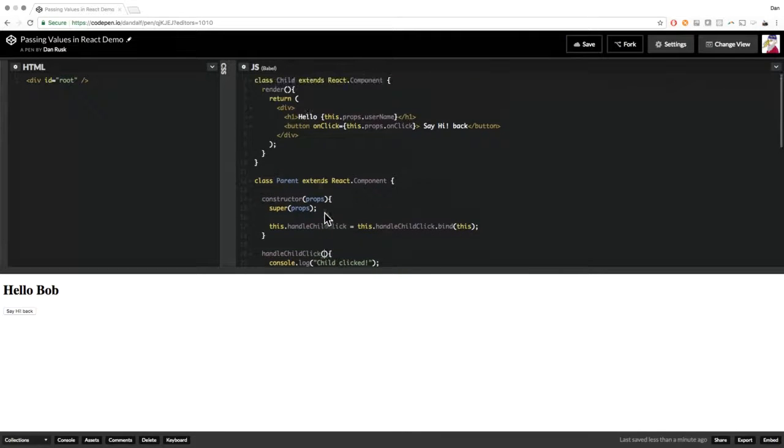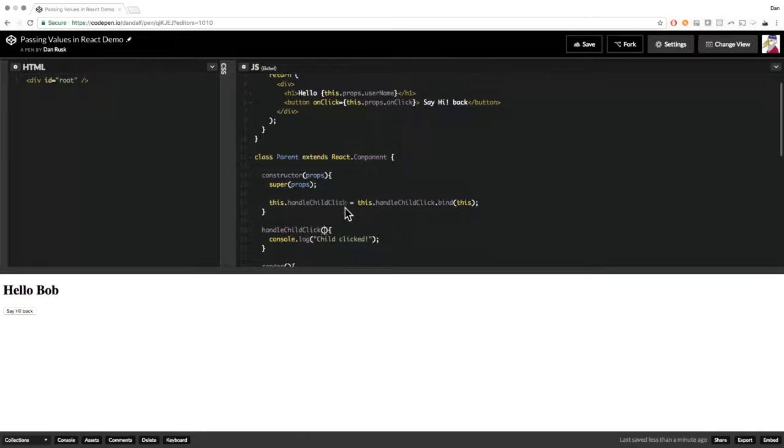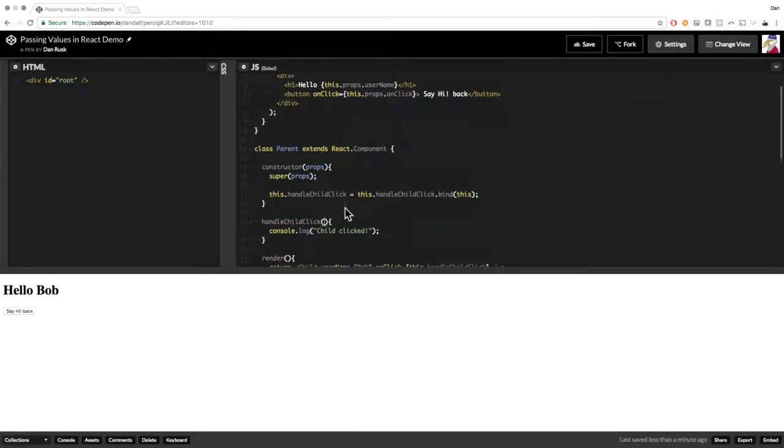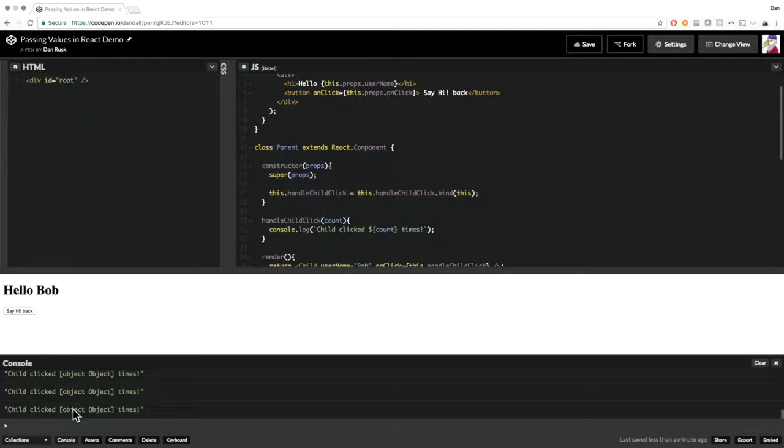So if we want to actually pass a value, maybe the child could keep track of how many times it's clicked. So we could count in here. Then we could show a message. So I'm going to use backticks in order to use a format string here. Child clicked count times. Now when we click it, we just see object times, it's passing back the button. So we need to pass back the